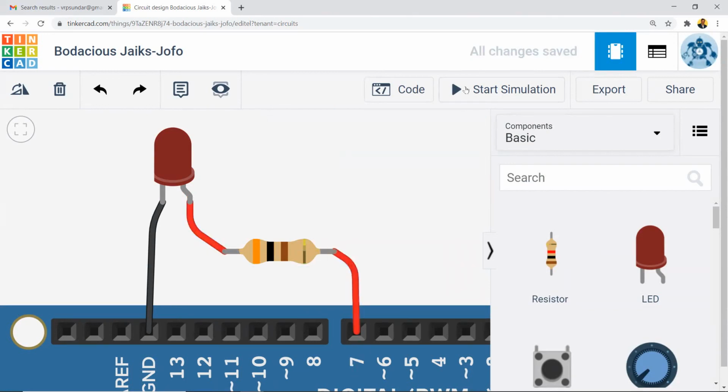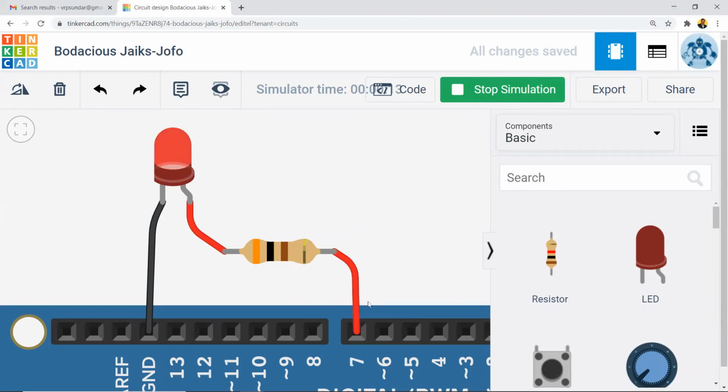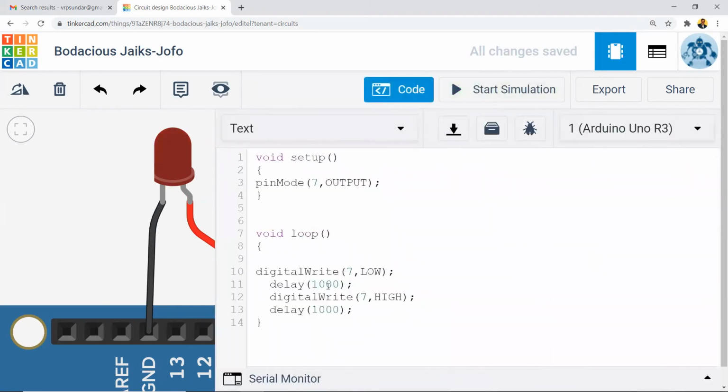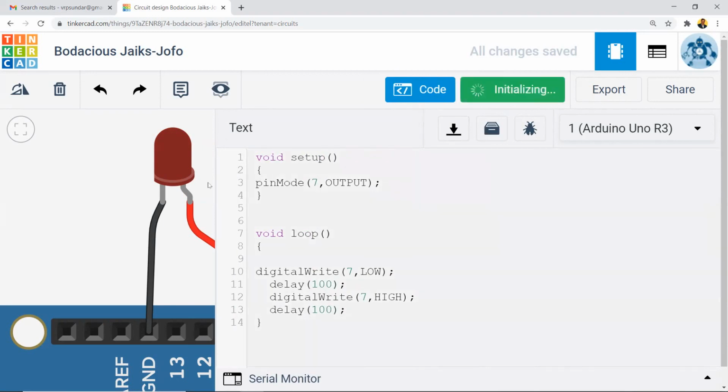Now if I run the same code, you can see that the light emitting diode is going on and off. So the physics behind this is, whenever I am writing a digital write with a high, it is applying 5 volt, therefore the LED goes on. And with a 1 second delay, if I write a 0, it supplies a 0 volt, which is putting off the LED. Okay, so you can actually validate the code by minimizing the time period from 1 second to 1/10 of a second, which is 100 millisecond, and check the code.